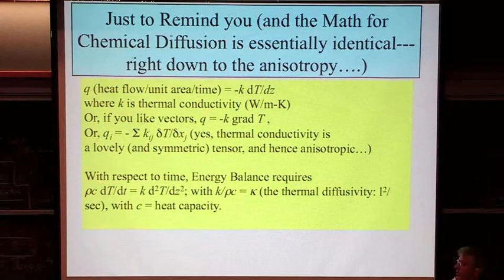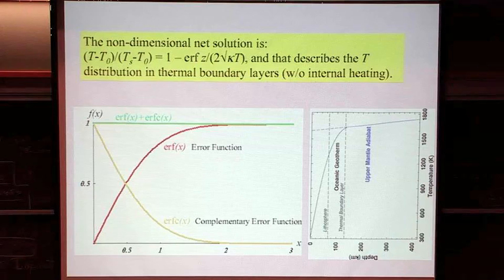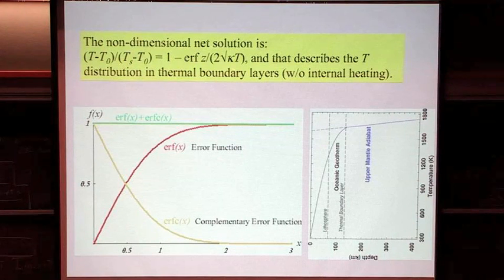Where this is density, that's heat capacity, and the change in temperature as a function of time is just thermal conductivity times the second derivative of temperature with respect to distance. And you get the beautiful classic solution, which has been around forever, based on some reference temperature, some surface temperature, where the temperature depends on a delightful parameter called the error function and the square root of kappa t, where kappa is the thermal diffusivity in this instance.